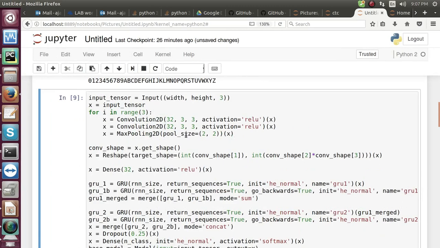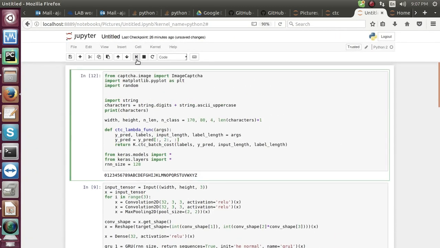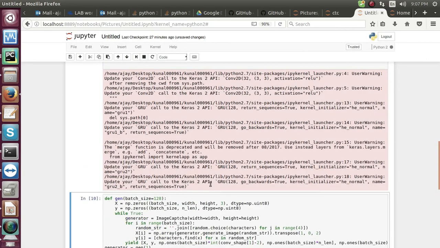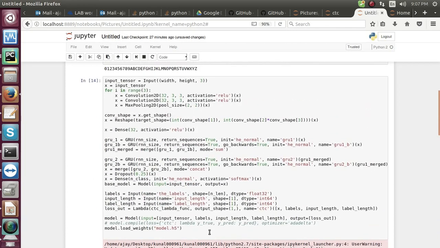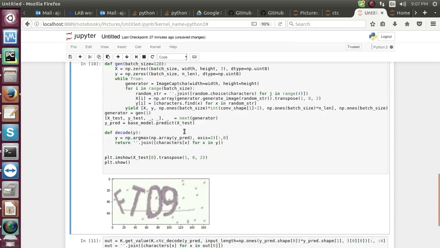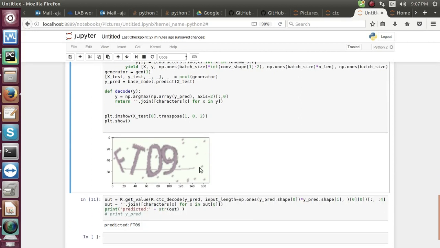Let me show you the full version of the code again. Here I start with the captcha image. For fetching the model, I need to generate the sequence of the model again, and here I loaded the h5 weights of the pre-trained model. I use this model for prediction purposes. As you can see, another image is being generated. Now let's see what prediction we are going to get here.